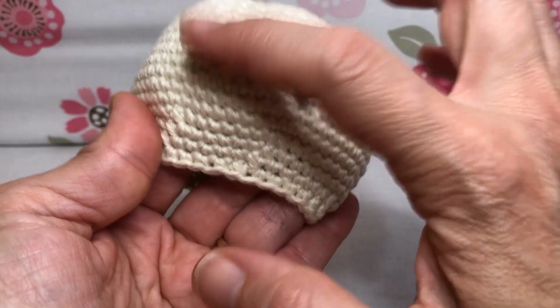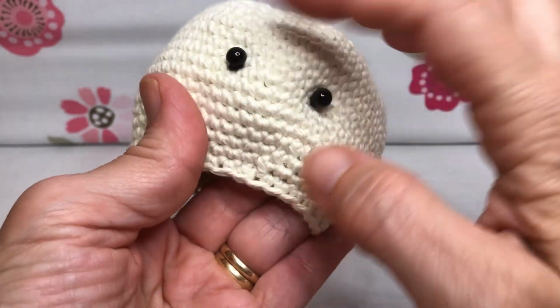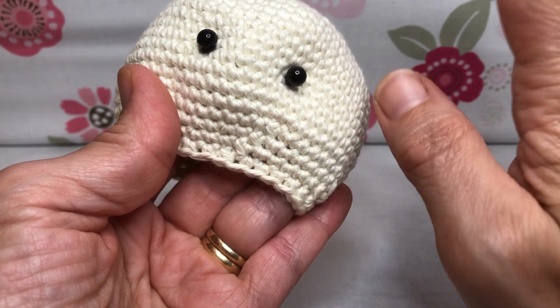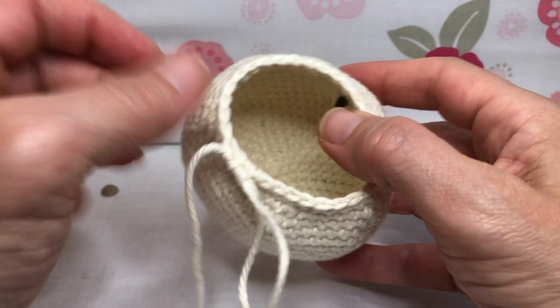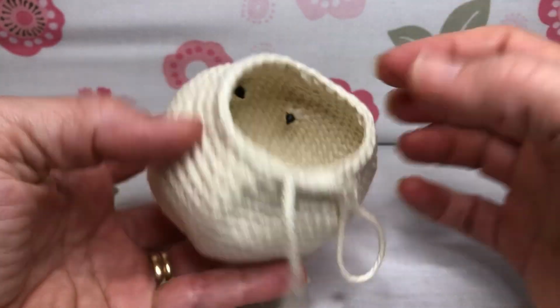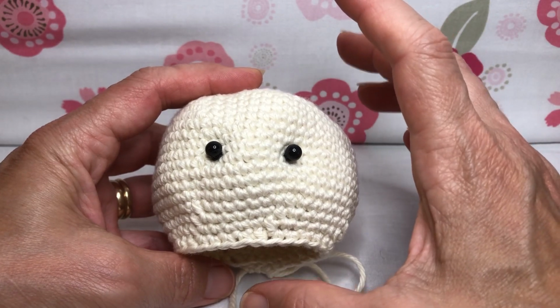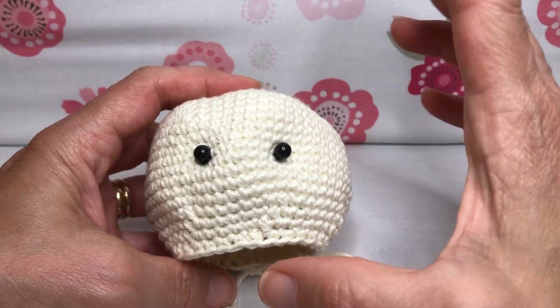And once you get them right, then put your little backings on. If you're going to embroider, you can always wait till the end and do this once you have the head stuffed and everything. But when you're putting the safety eyes, you got to do it before it gets too tight, right? Otherwise you can't get the backings on. So make sure that you like it, make sure you like your positioning, and double check everything, and then put your little eyes on,